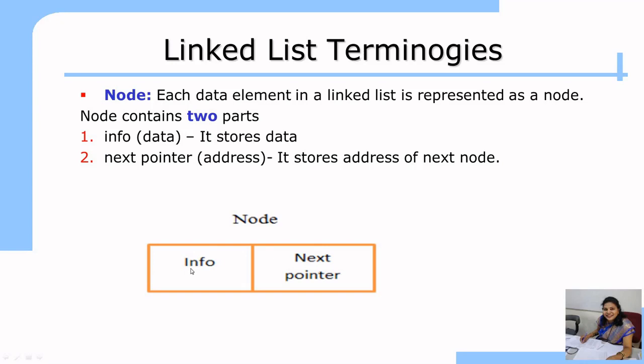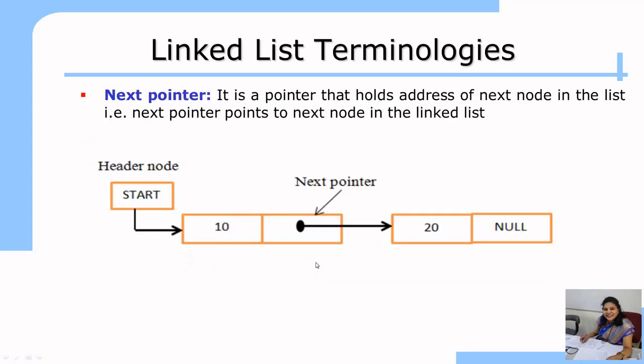The data part can also be known as info, and the link part can also be known as the next pointer, link part or address part. Since the linked list is a linear data structure, having all the elements in a sequence, the sequence of the elements is implemented by means of this pointer.